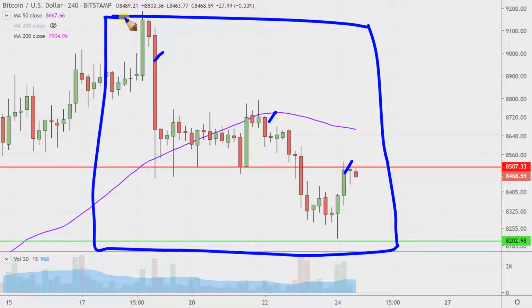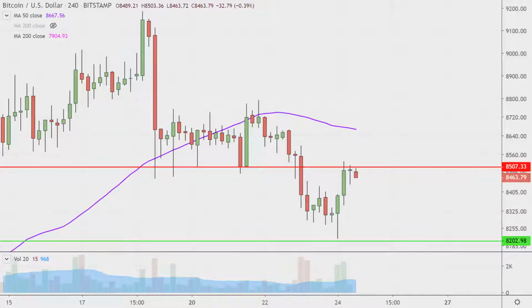I like to do this time frame. I think it does a good job of telling the quote-unquote story of the price, and then makes mapping out levels of support and resistance a bit easier to see. Friendly reminder, Bitcoin is open 24/7. So if you're watching this video, Sunday afternoon, for example, then yeah, the chart's going to look a little bit